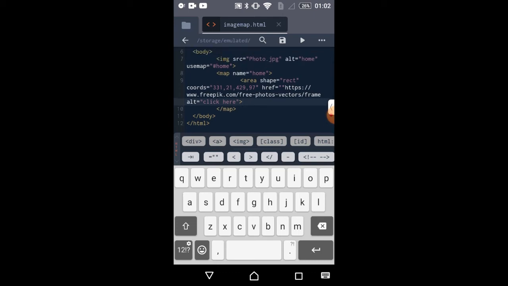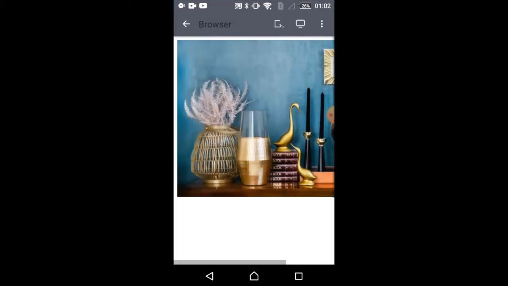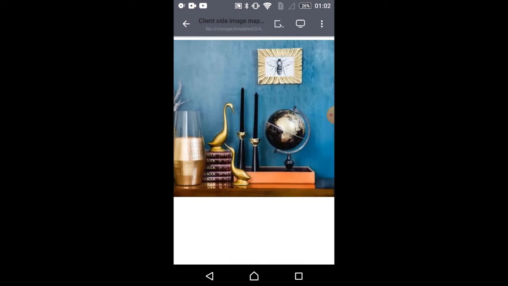So as you can see, while pasting, the double inverted commas are mismatched, so that's why it was not working. After that, I'm just putting the double inverted comma in its right place. Then again click on the save button and click on the play button. So take care while you are pasting the URL.